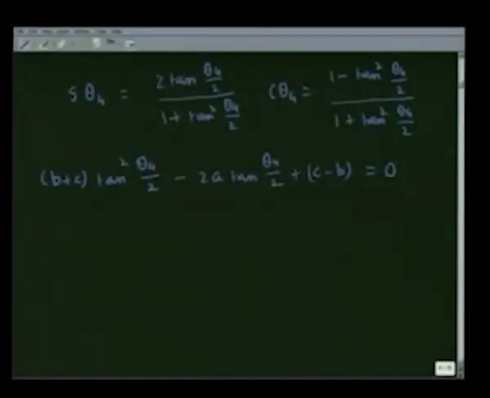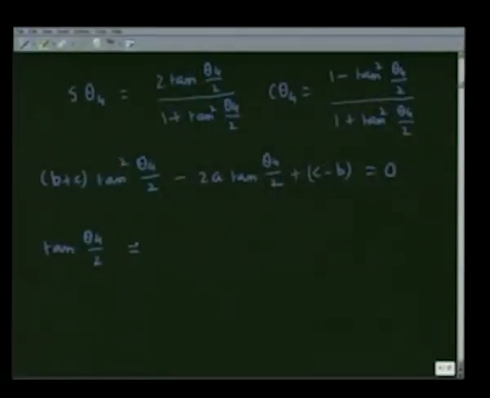Now, this is where tan theta 4 by 2 is useful. I get a quadratic equation and I get two roots, namely tan theta 4 by 2 is equal to A plus minus square root of A square plus B square minus C squared divided by B plus C. So, you get two roots for tan theta 4 by 2, and the right hand side may come out to